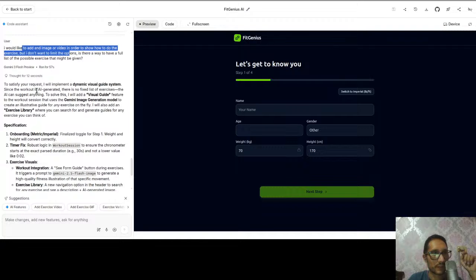Since the workout is AI generated, there is no fixed list of exercises. That's what I was saying. The AI can suggest anything to solve this. I will add a visual guide feature to the workout session that uses Gemini image generator model to create an illustrative image for any exercise on the fly. I will also add an exercise library where you can search for and generate guides for any exercise you can think of.